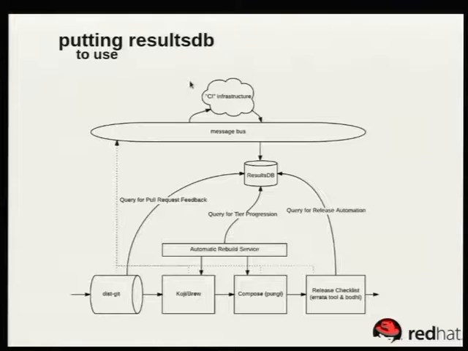So here, expanding the picture a little bit more, this is putting ResultsDB to use, right? Once we have that populated with information, there are multiple points in the pipeline where we want to query that data to make a decision about whether to move something forwards either automatically or to gate something and not allow it forwards. Starting at the far end, in the release checklist, like Bodhi, the Bodhi updates process in Fedora or